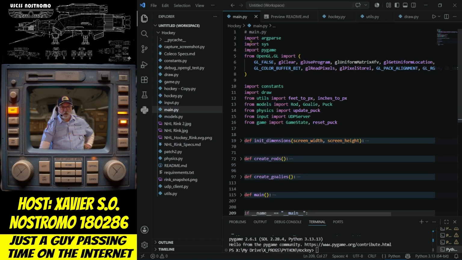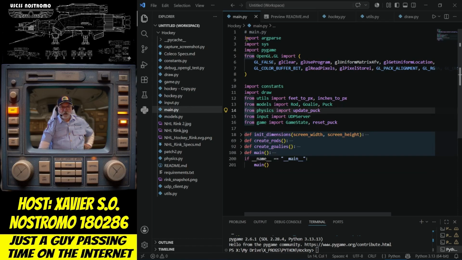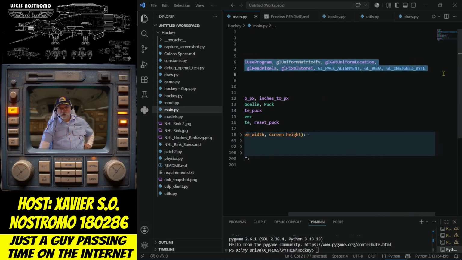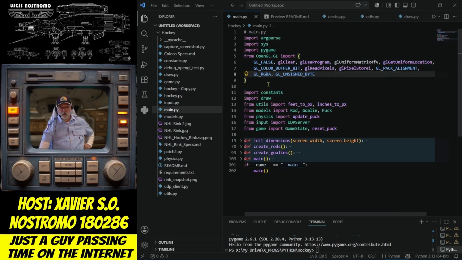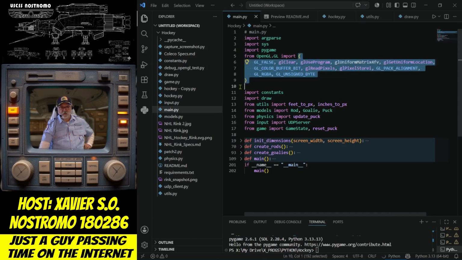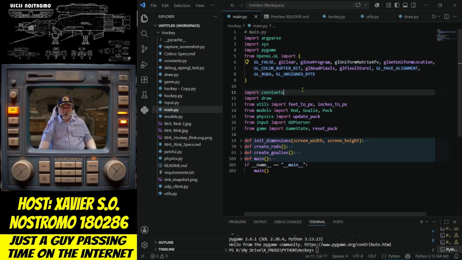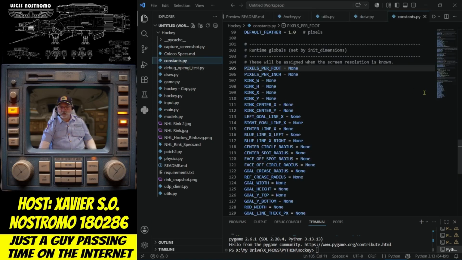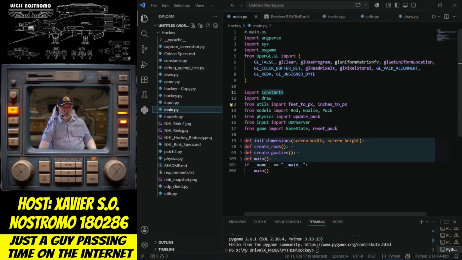So yeah, if I just keep collapsing things here, that's the extent of it. So these lines are importing modules: argparse, sys, pygame, OpenGL.GL. These global variables are being imported. You should be able to put things on succeeding lines inside of brackets, to make things fall under a shorter line. Then there's import constants, import draw. So constants, I know now, is one of the files that I created, which contains constants. Import draw is another file that